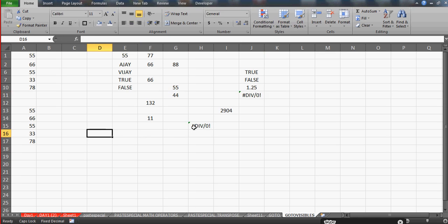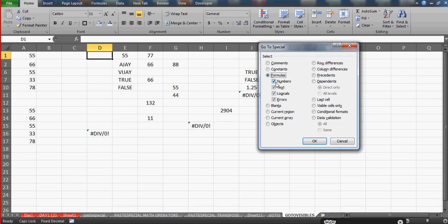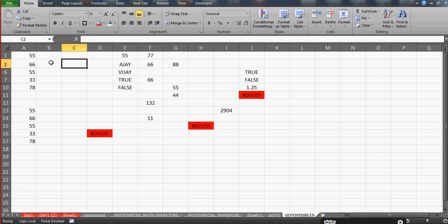And if you are interested in the formulas but only in the errors, the formulas which are giving the error, click on the formula and under this formula uncheck all these and just keep this error on. Press OK. You see, it has selected the error. So if I have some more errors here, let's say divide by 0 again, any error of the formula which is giving you,